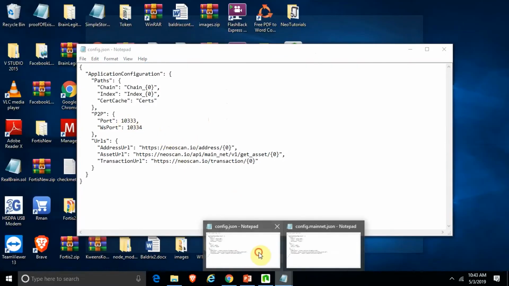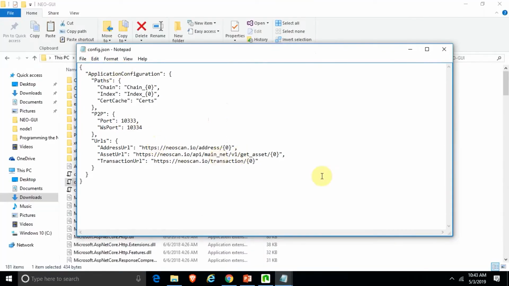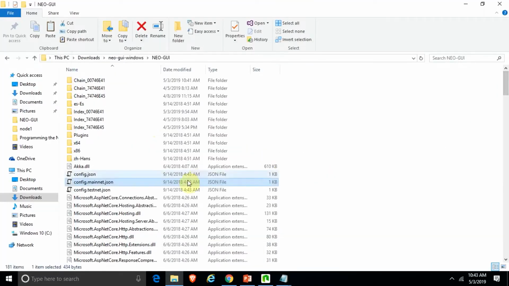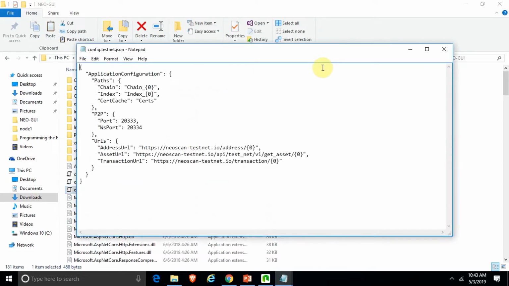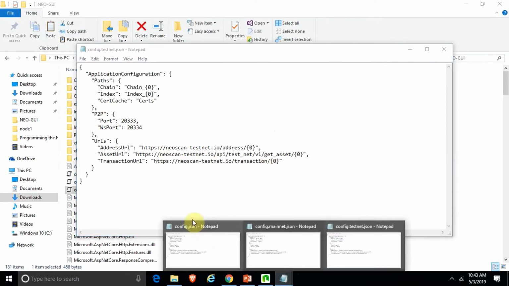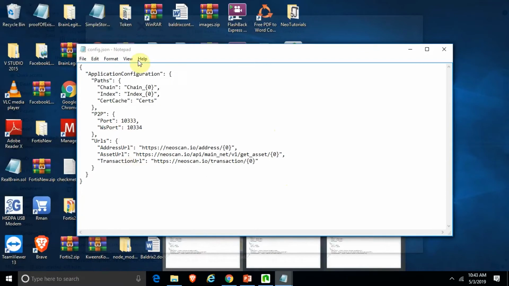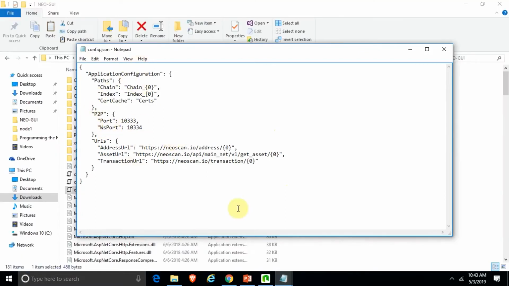Here too, config.json is 10333. But let's go to the test network, testnet.json. We open that, and you can see the port number here is 20333, and the address URL is neoscan.testnet.io. It shows that currently we're running on the main network, since our config.json has the same configuration as